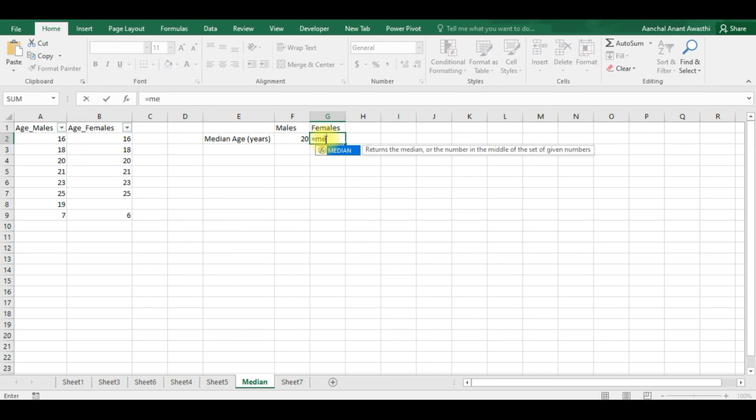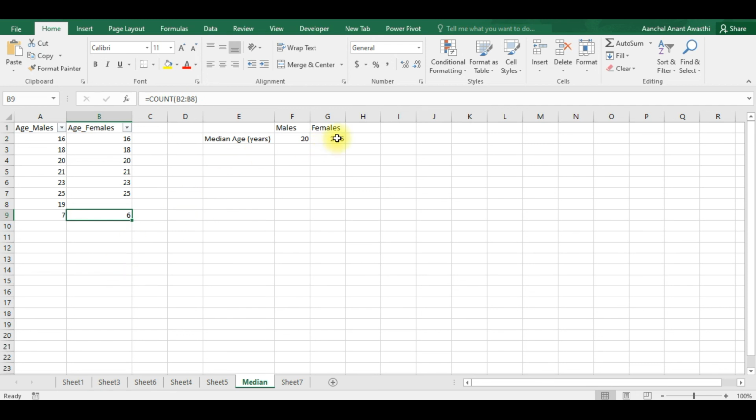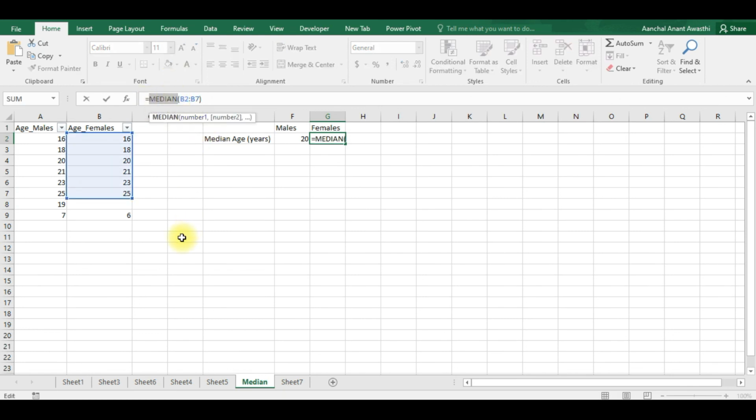So equals median, select range, and press enter. 20.5. Because in females we had 6 observations, it takes the average of the 2 middle terms, that's why it's 20.5 here. So the answer is the same. We can directly compute median in Microsoft Excel by using the function median. So this is the point we need to remember.